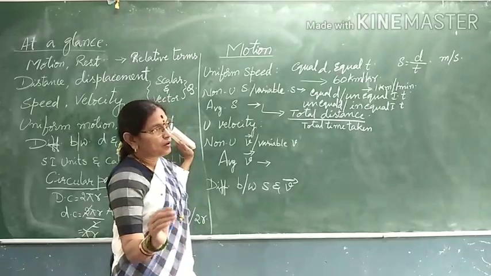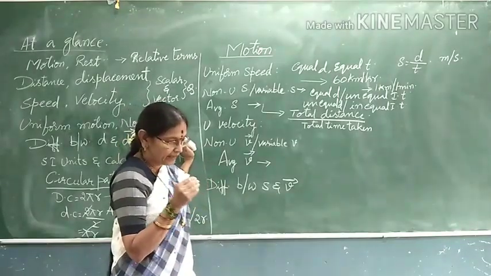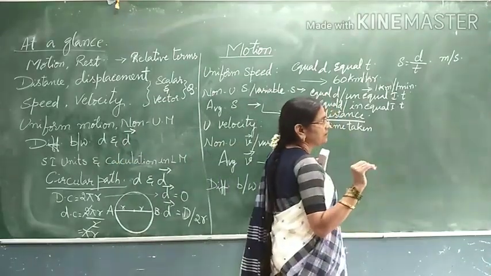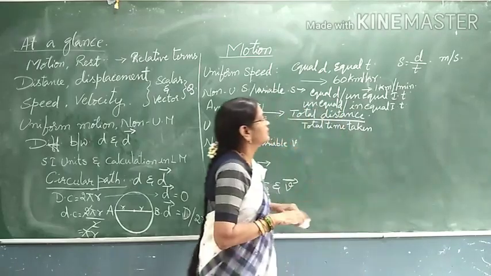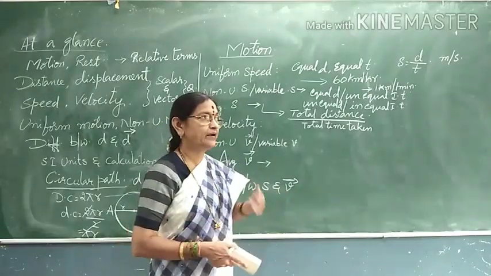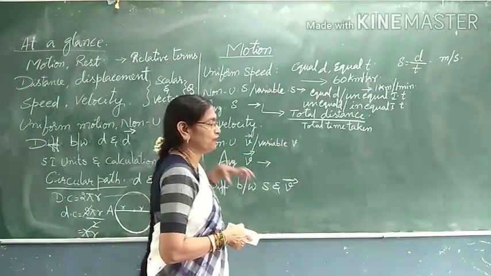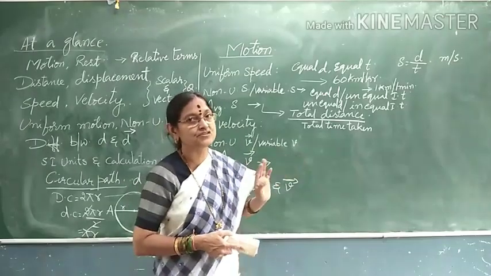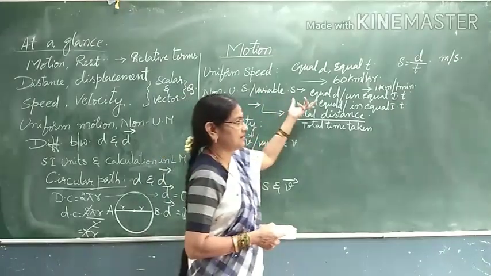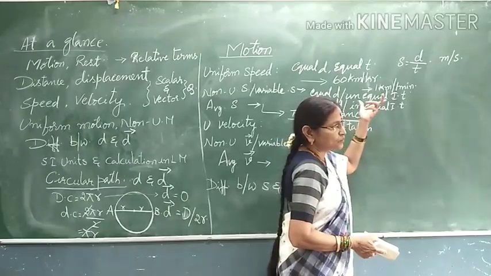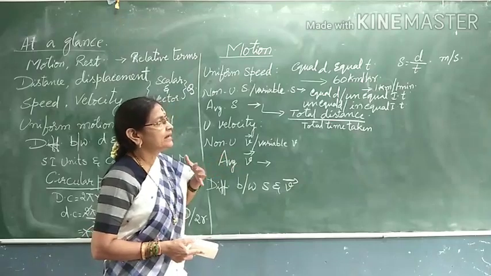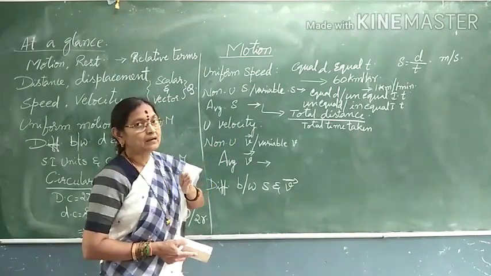See children, suppose any car is moving, if it maintains the same distance and same time, it's not possible. Accidents will occur. In the same way, now you are on a busy road going 40 kilometers per hour. Going on the NH road also, if you want to go by only 40 kilometers per hour, when will you reach the destination? So the majority of vehicles in the city, on a very busy road, go with less speed. When going on the national highways, it will maintain high speed. So these are unequal distances.